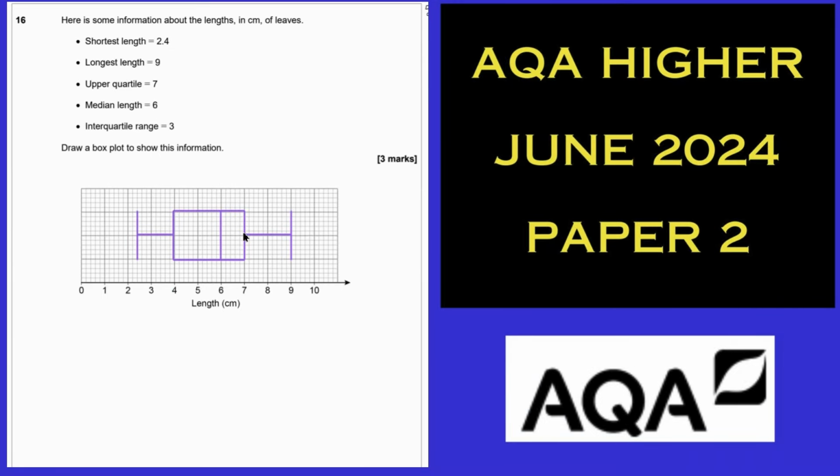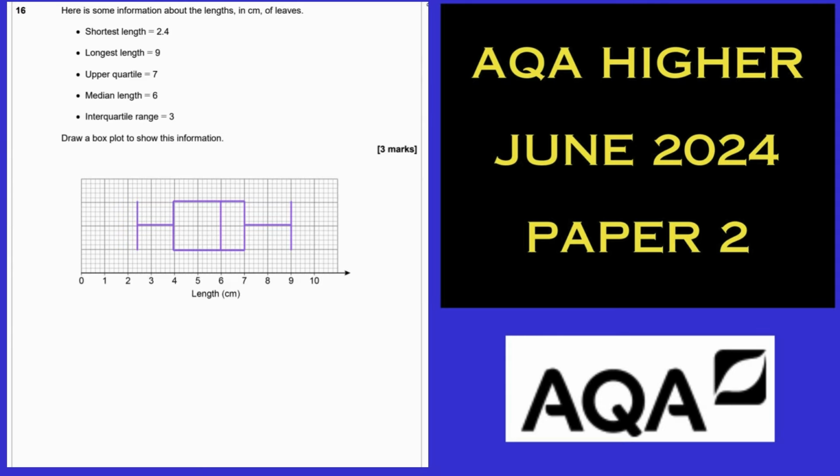Number 16, I've obviously cheated again, me and technology. All you need to know is what a box and whiskers plot looks like. Well, I'm sure you've seen one. There's only one bit where you have to do a bit of working out, because shortest length, you're told. Longest length, you are told. Upper quartile, it's given. Median is given. It just doesn't give you the lower quartile. So you need to do 7 minus 3 so you put your lower quartile line in at 4